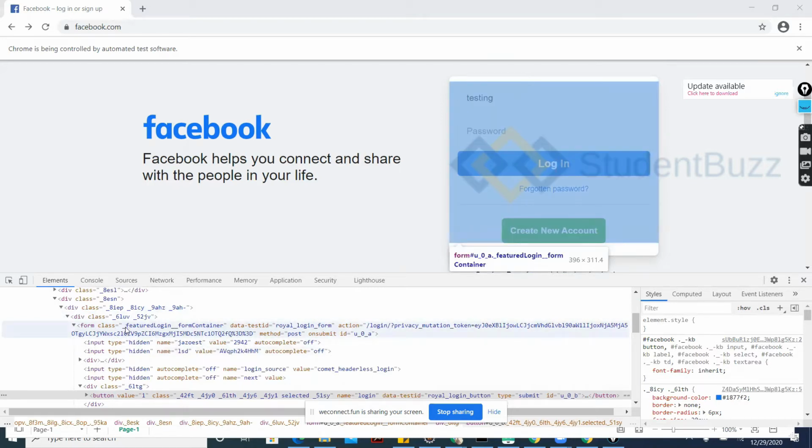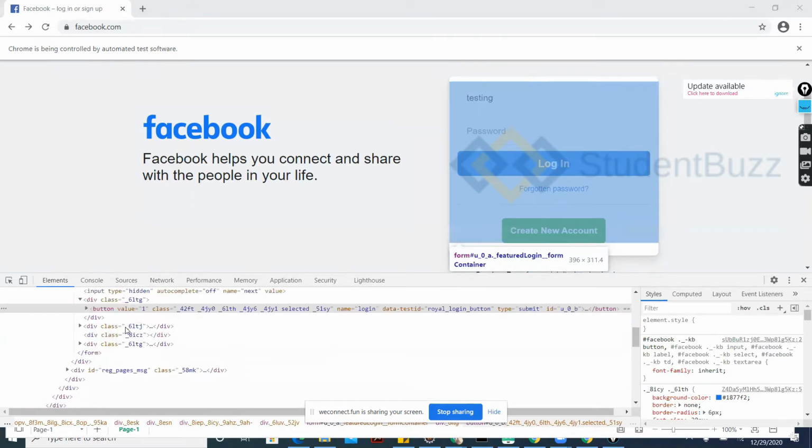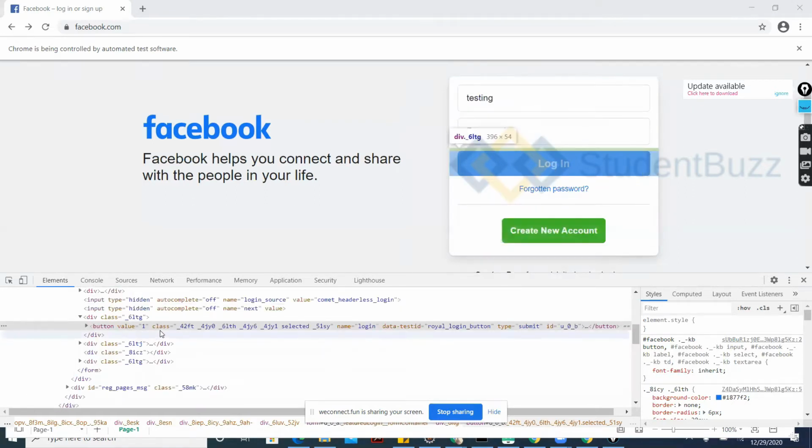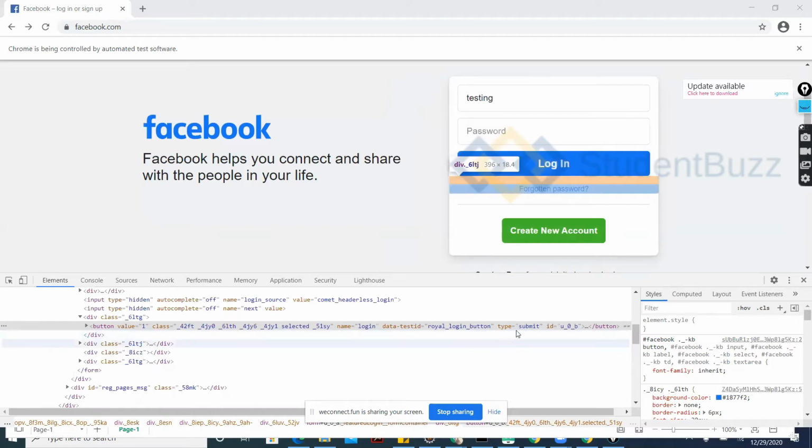And let's see how this button works. This button's type is submit. When the type is submit, you can provide the submit operation as well. What we do is enter username and password, and click on the login button.